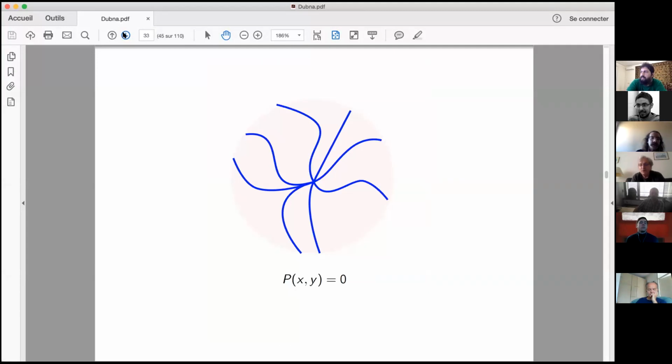Now, what we know today is the following. If you take an algebraic curve, so it's something in the plane, a real algebraic curve, it's defined by some equation, P of x y equal to 0, and you take a point on it, and the main theorem, which is far from being obvious, is that if you look at the picture in the neighborhood of a point on an algebraic curve, it looks like that. It looks like a spider. You have the original point in the middle, and you have a certain number of half lines going out from it.